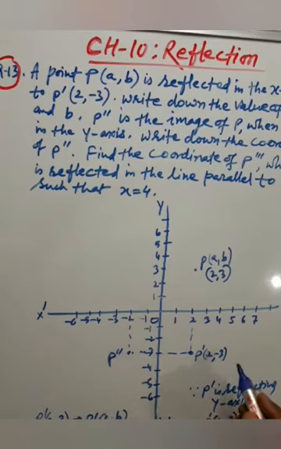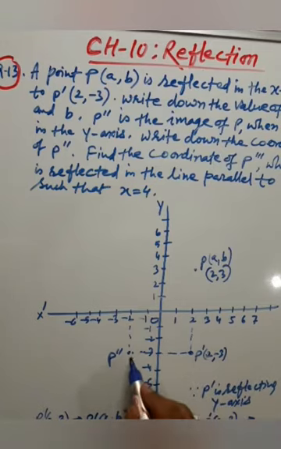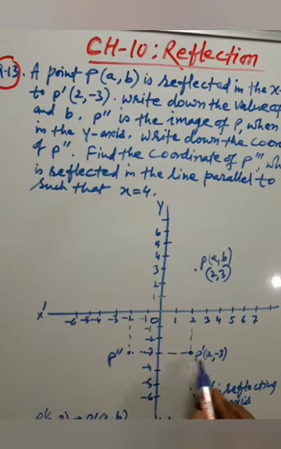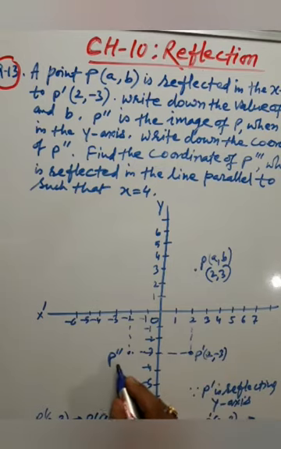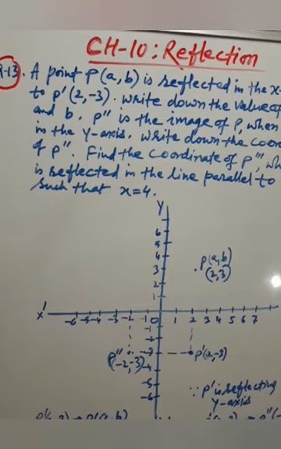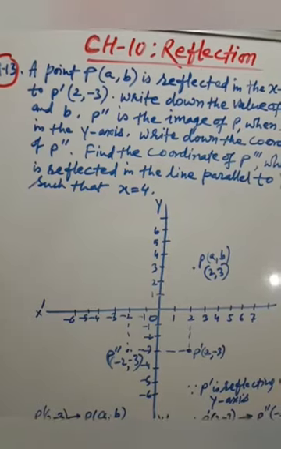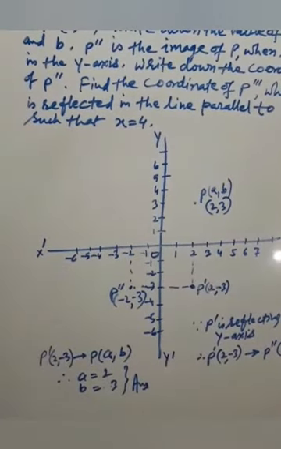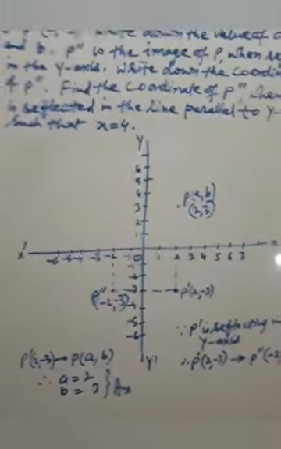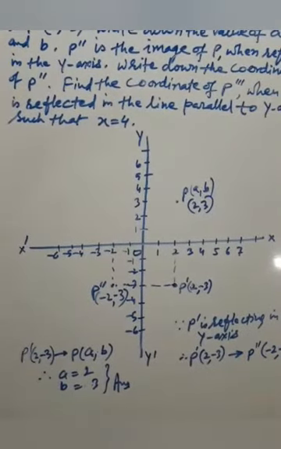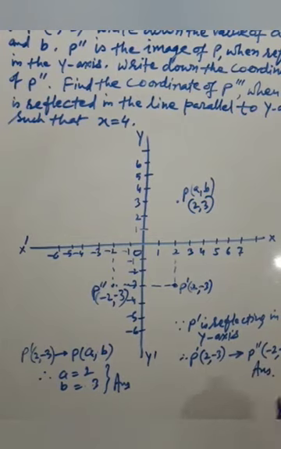And you see, from the fourth quadrant to the third quadrant, the reflection is taking place. So here what is the coordinate? It is minus 2 and minus 3. So P double dash image will be -2 and -3. Okay. -2 and -3. So this is one answer.